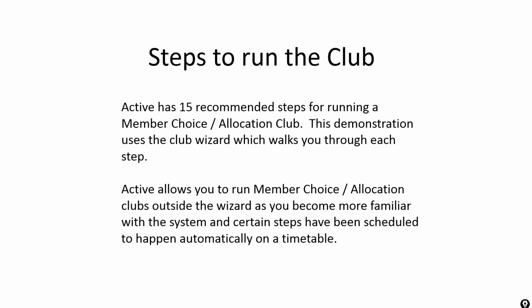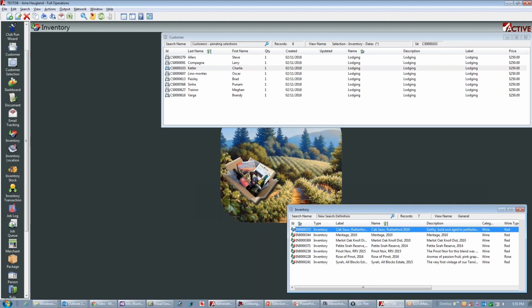Now, when you run a member choice club, there are 15 steps that we recommend that you go through. And this demonstration is going to be going through each one of those steps. Now, as you become more familiar with Active Club, you can run all of these steps outside of the wizard if you so desire. So let's create our club